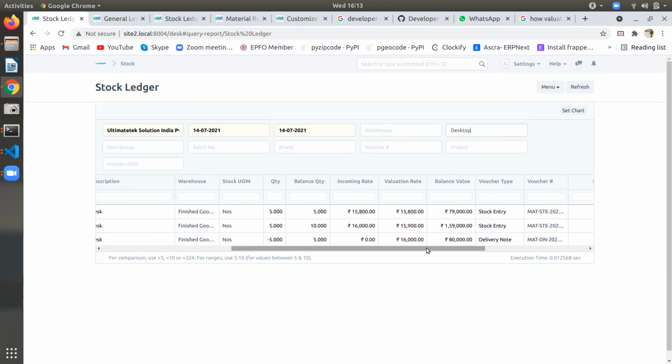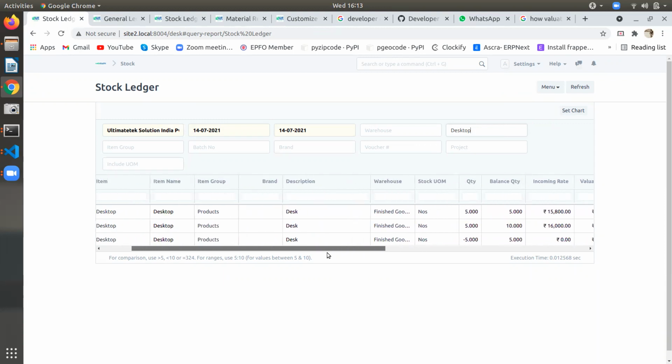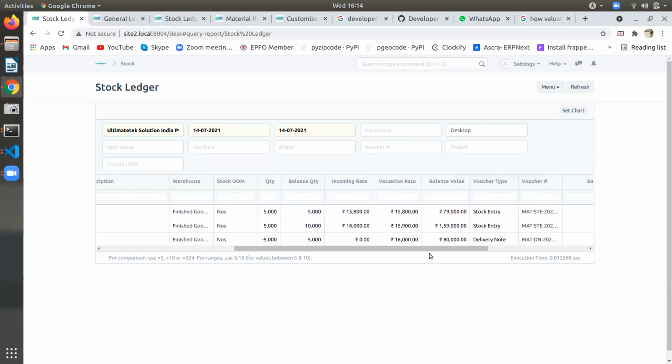Now we are left with 5 numbers which we made at a cost of 16,000. So now the costing is 16,000 per unit, each. Earlier it was 15,900. Now it has come to 16,000 because the first 5 numbers we sold.